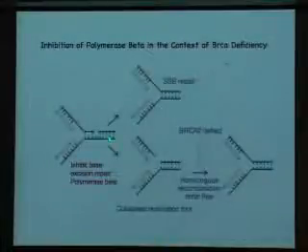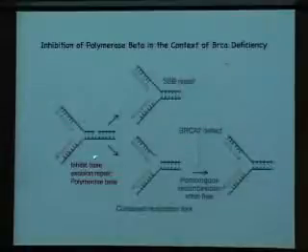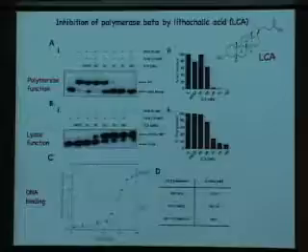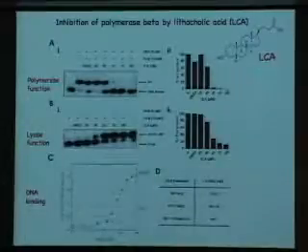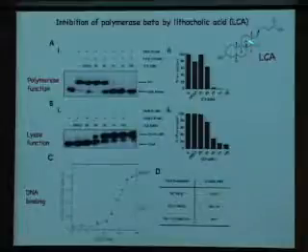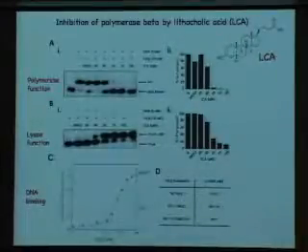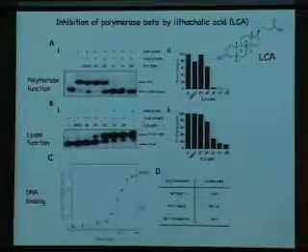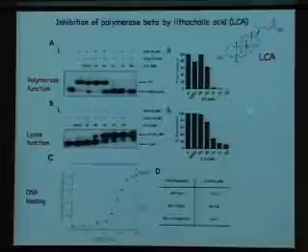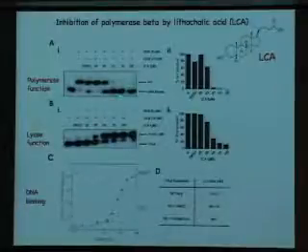So the idea would be the same. This gap couldn't be fixed. If you block Pol beta, then you're going to have the same problem with the BRCA defect. So we actually used a candidate approach, and we identified a compound. Actually, it's lithocholic acid, abbreviated LCA here. It's just shown here. It's actually a bile acid, so we're not proposing this as a drug, but it's a proof of principle. And it turns out it's a specific inhibitor of polymerase beta, and this is work done in